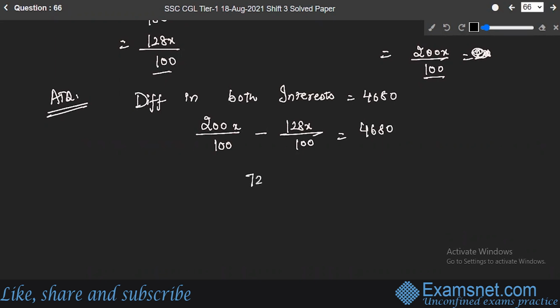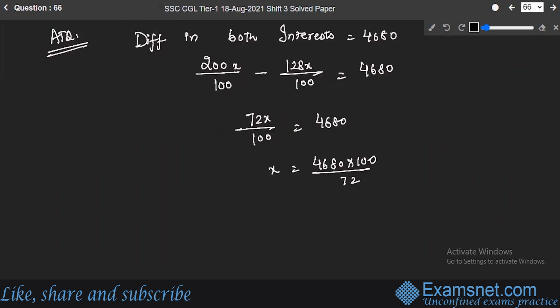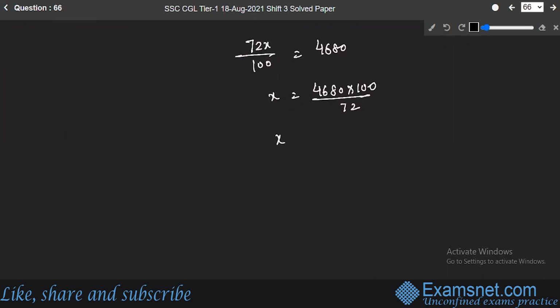Subtracting them, you will get 72x upon 100 is equal to 4680. X is equal to 4680 multiplied by 100 divided by 72, which will give you a value of